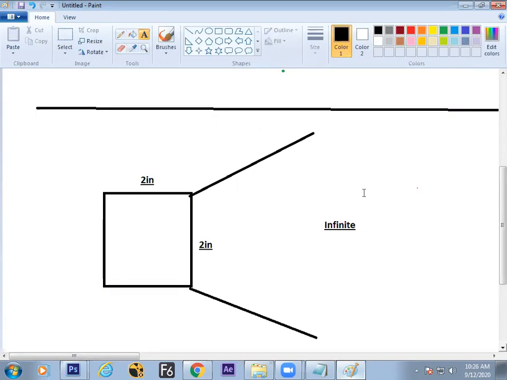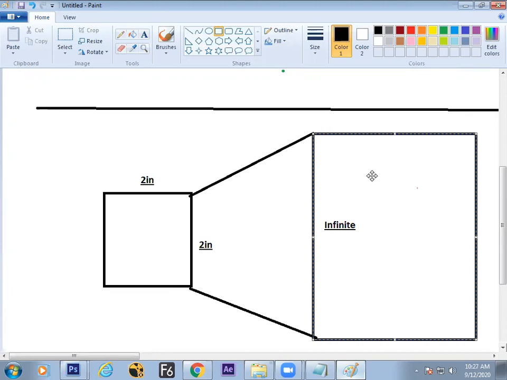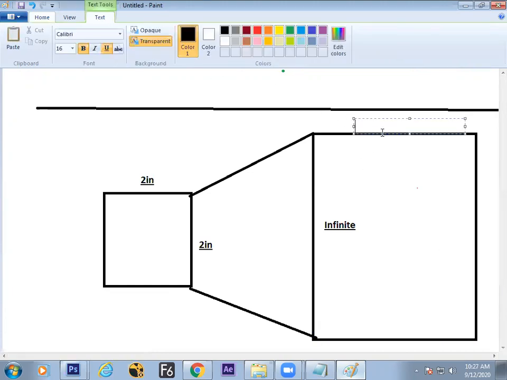There is no definite resolution for this. If you scale this one to a 20-inch by 20-inch rectangle, okay, that is possible.